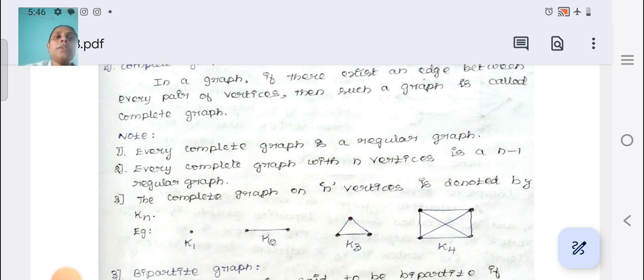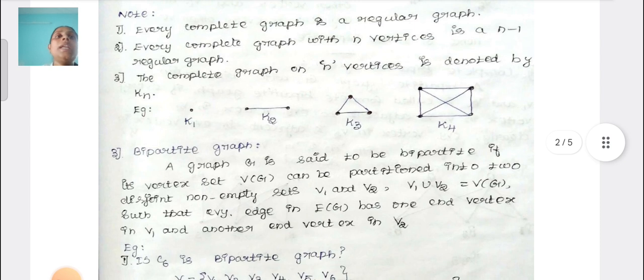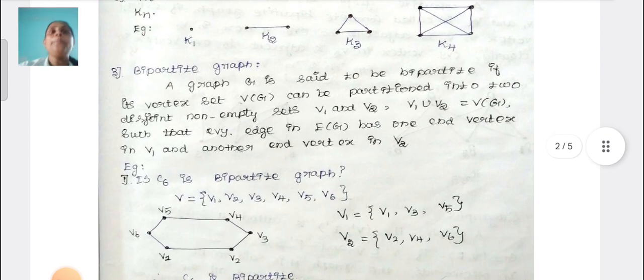Here we are going to see some examples of a complete graph. The first one is K1. Here there are two vertices, so we denote it by K2, and similarly the third one is K3 and the fourth one is K4. Okay, next we are going to see about the bipartite graph. In this bipartite graph,